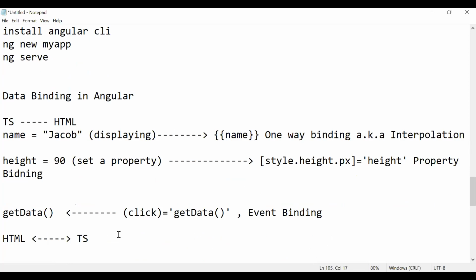But in a scenario where you want to exchange data both ways, that is called two-way data binding. And in two-way data binding, Angular does not have it by default, but you can achieve that in Angular